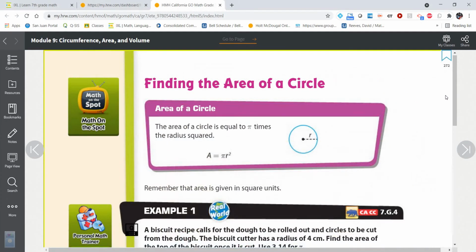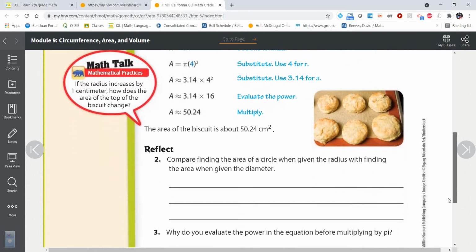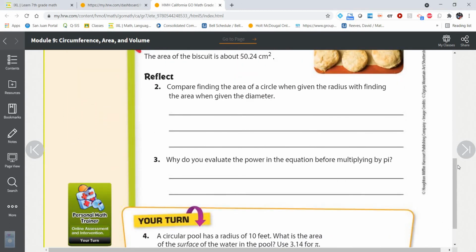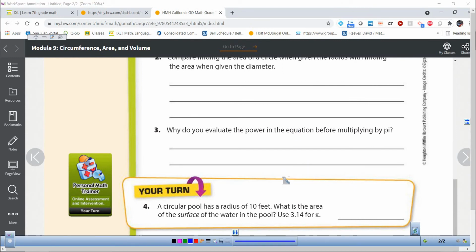All right, so let's go ahead and look at some examples here. Let's see if I got one that actually has a picture on it. Well, that doesn't have a picture. That's all right. We can sketch the picture right here. It says a circular pool has a radius of 10 feet. What is the area of the surface of the water of the pool? Use 3.14 for pi. So I'm going to sketch my circle here. It says it has a radius of 10